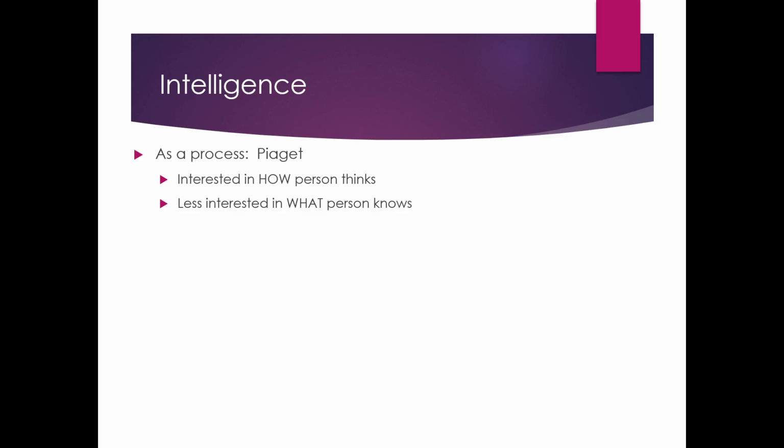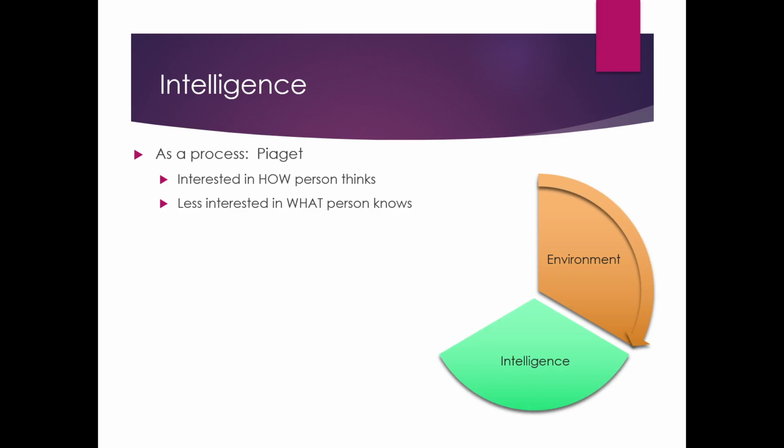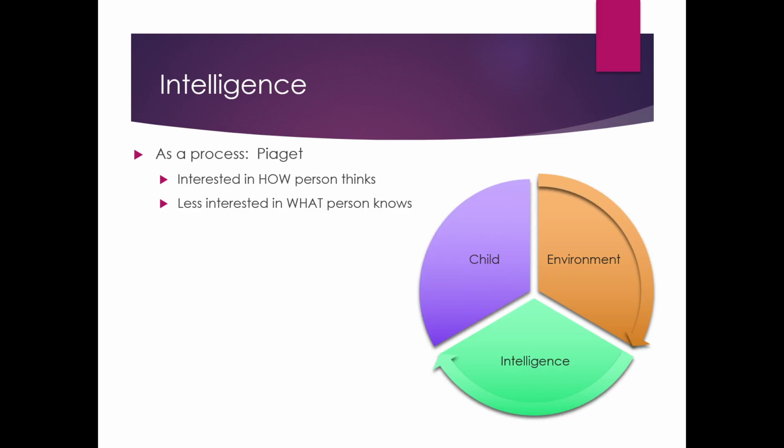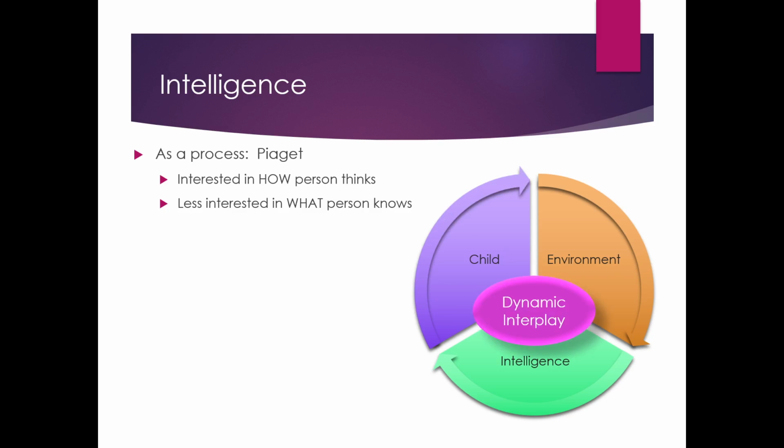So Piaget is going to carry that through with all areas of intelligence. Now, he thought of intelligence as a process that develops as an interaction between the environment, the person's maybe innate predisposition to intelligence, and then the child's own motivations and things like that. And so he talks about intelligence as being really the result of a dynamic interplay of genes and environment and the child's own explorations that ultimately are going to develop the child's cognitive capacity that we might refer to as intelligence. So he definitely thought about it as more of a G factor type of thing.